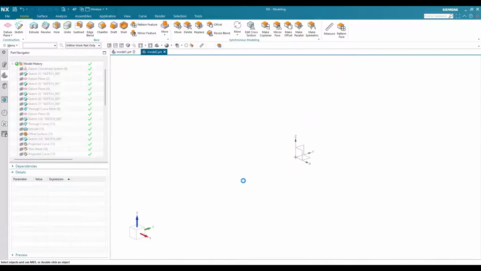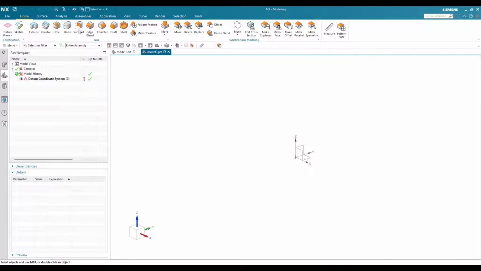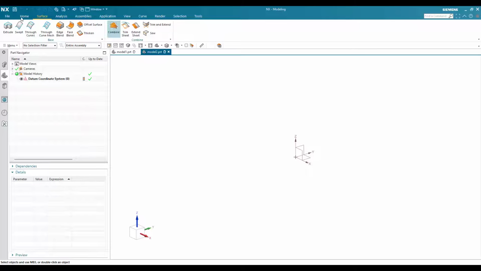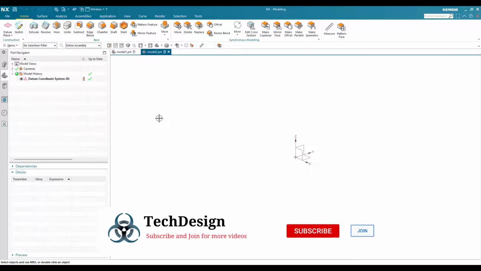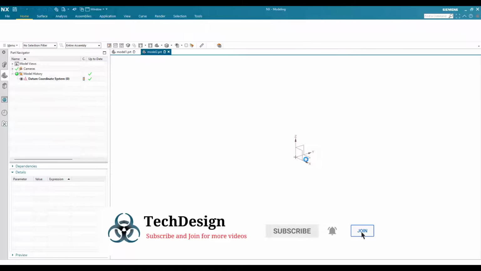So this will take you to 3D workbench. Part modeling, all the commands will be over here and surface modeling commands will be over here. So we're going to use this and try to make this model. First of all, I'll just go to sketch environment on this bottom plane